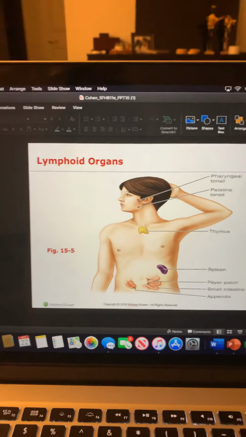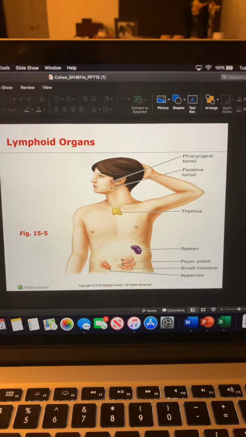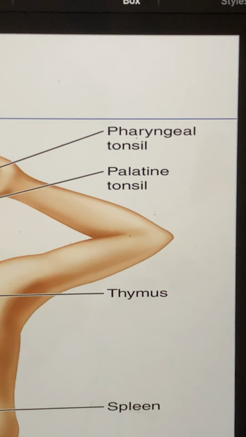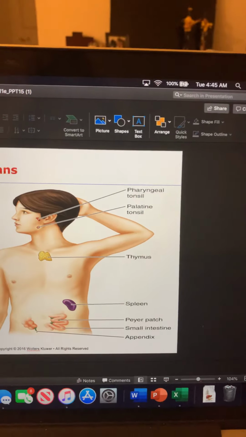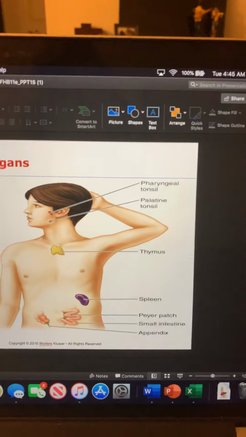Okay, now we're back with the lymphoid organs. I think I mentioned I really like this picture. I can't say that enough. So a couple of lymphoid organs or groups of lymph tissue are going to be your pharyngeal tonsils and your palatine tonsils. Your thymus, that actually produces, or where the T cells mature. The spleen, where red blood cells go to die, and you've got the appendix, which is a nursery for your